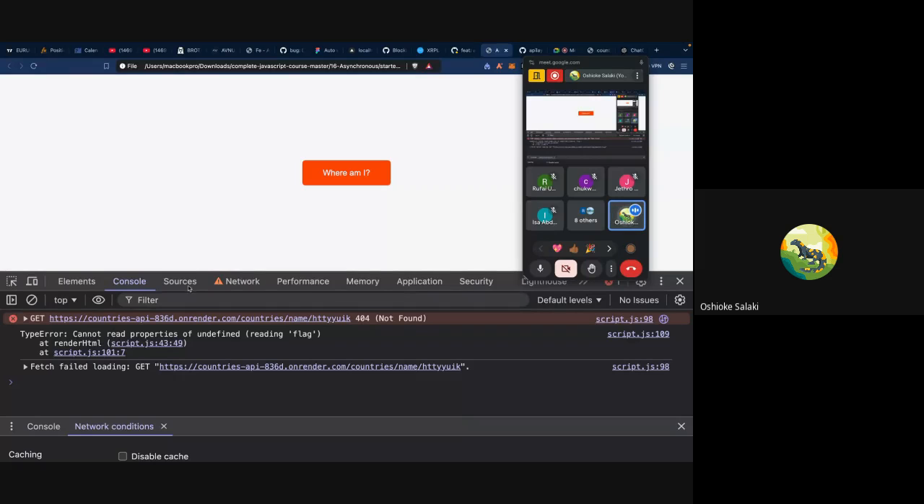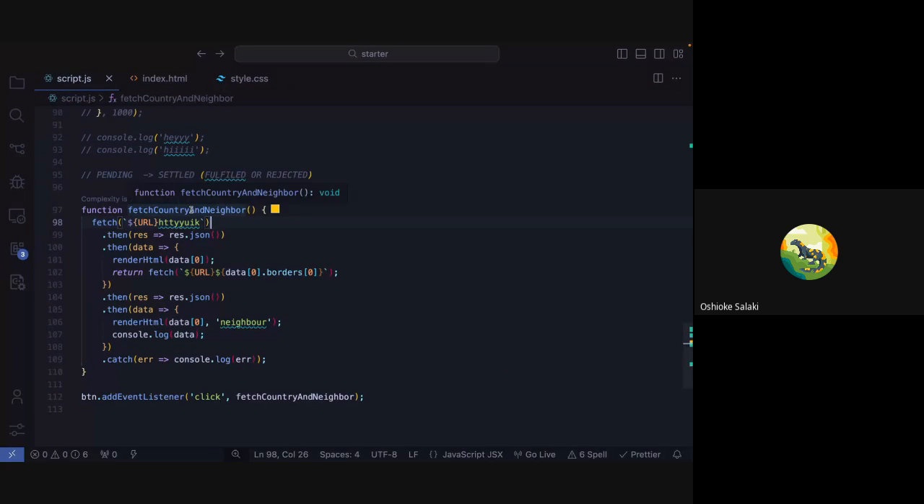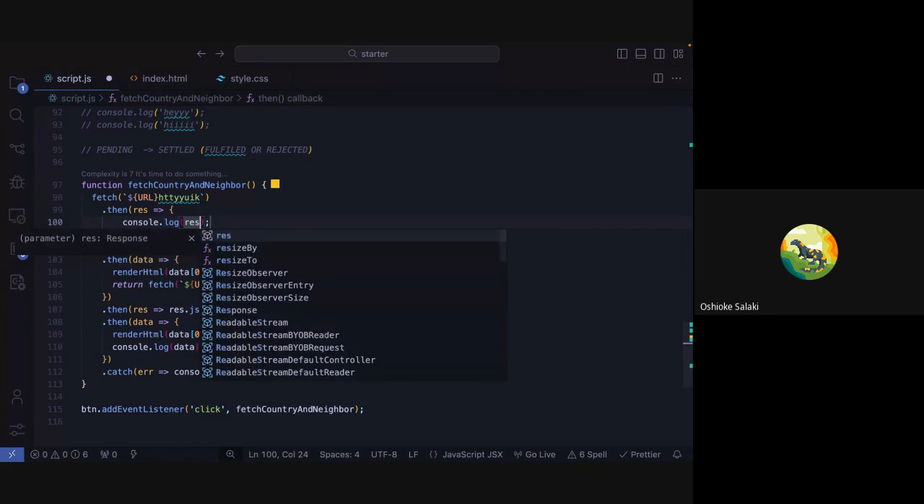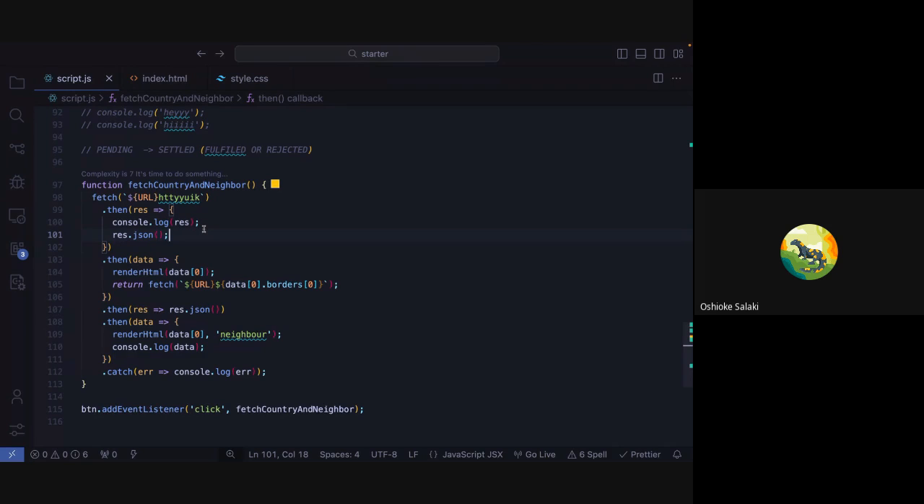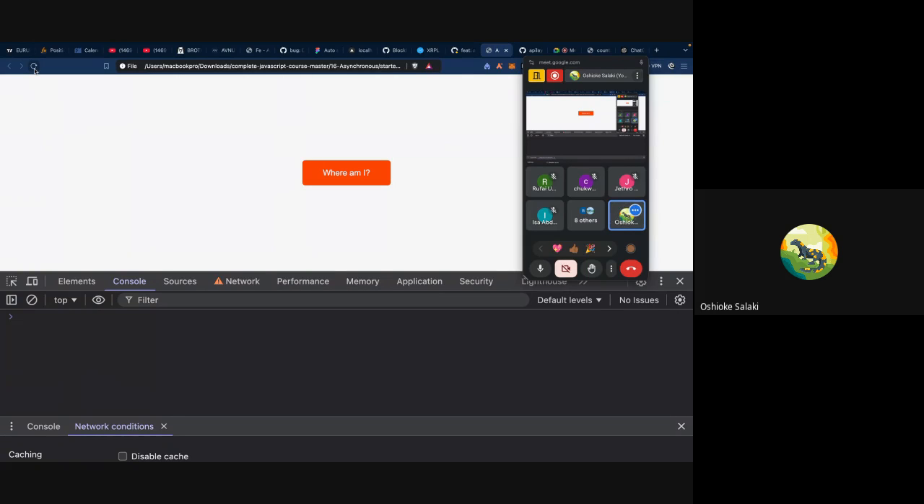So you notice that it still tries to read the properties of flag. That means you can see it is getting to this point before it realizes that there's no country like that. But there's a way you can catch all those types of errors from the beginning. The way you do it is that inside here, let's console.log res like this. We are console.logging the response. So if we check it like this,